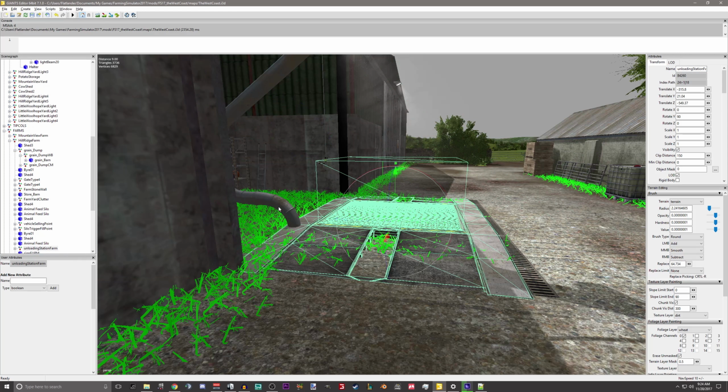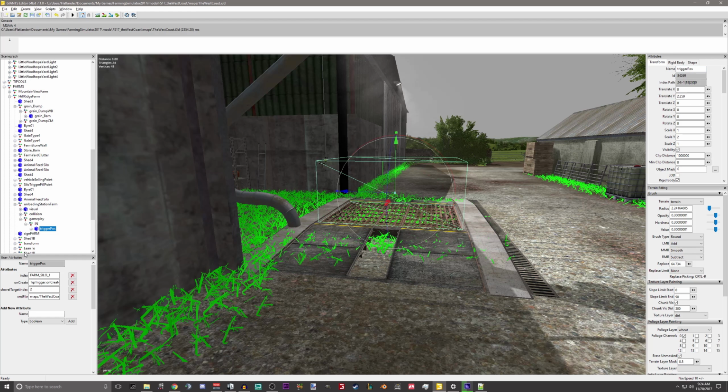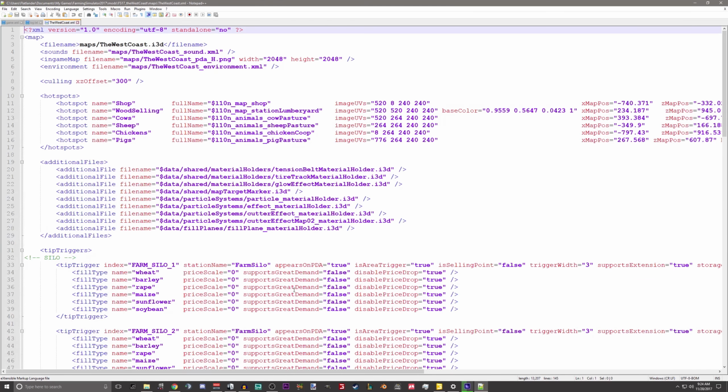And we clicked on a light there. A lot of things that are gameplay objects also need to be defined in something called the XML. If we go to gameplay, is it under in or trigger? I think it's under trigger. Yeah, so here we go. You see the index farm silo _1, and you see the XML file is under maps West Coast XML. Let's open that up real quick. This is the West Coast, so it's under maps and the West Coast.xml right there.